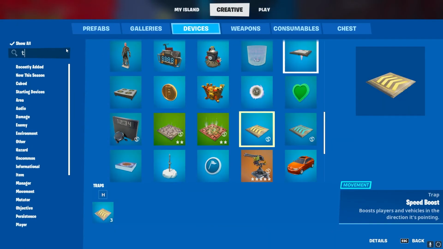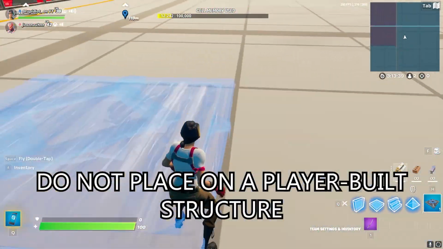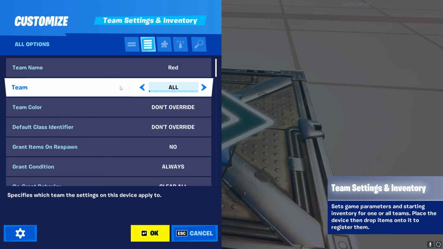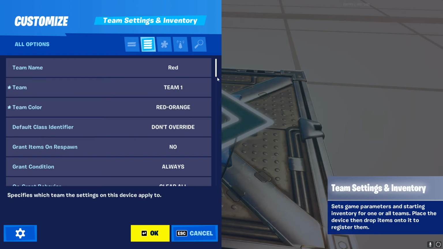Next up, grab the team settings and inventory device. Go outside of your map and place this down. Set the settings as I do. So this is going to be red, team name red, or you can set it to whatever you want, but this is for red. So team 1, team color, set this to red, and then from there,